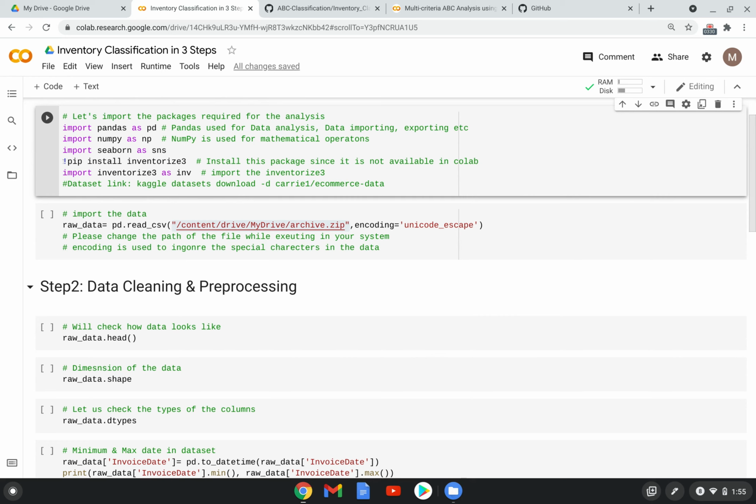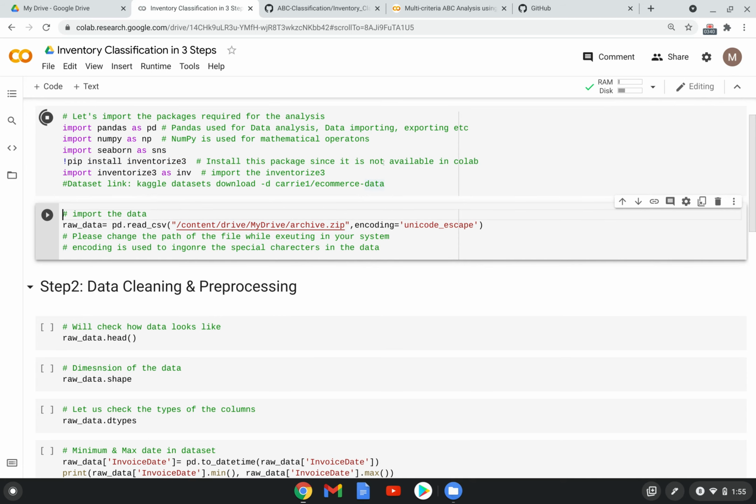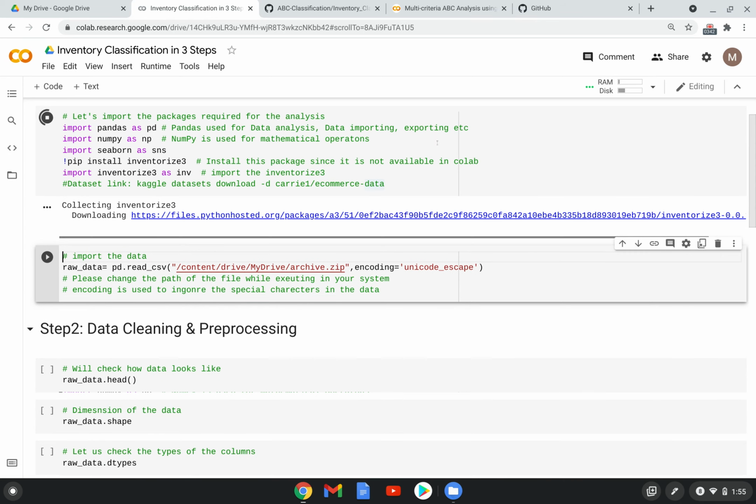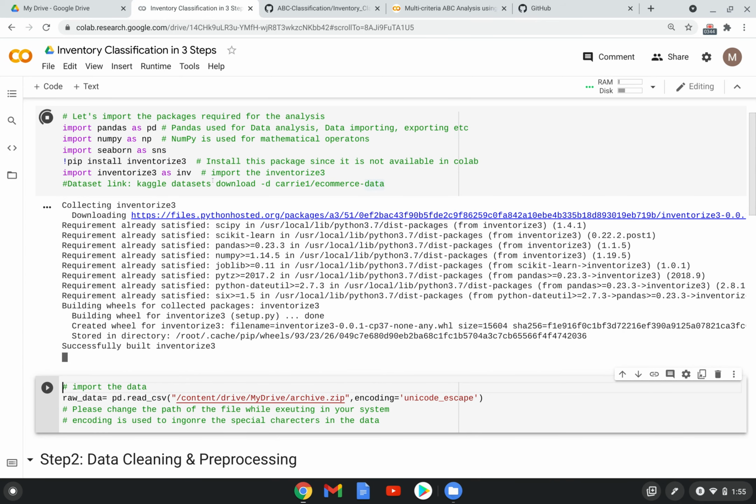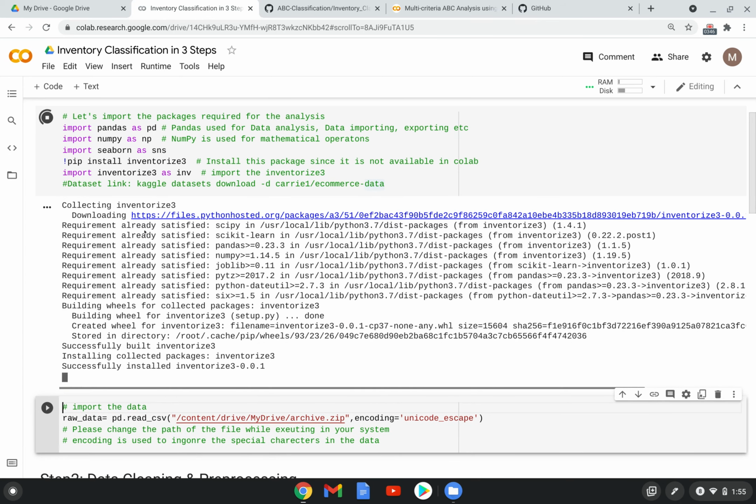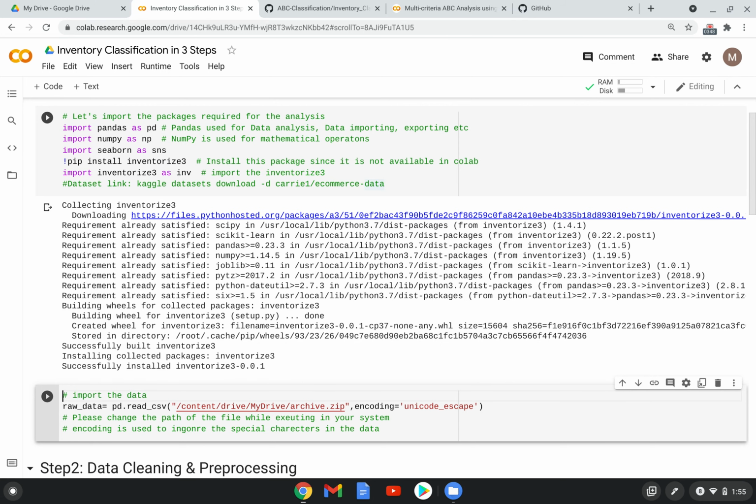We just need to call pip install Inventorize3, then it will get successfully installed. Then you can call that package. So let's just run that. In my case, I have already installed Inventorize3. That's the reason it is showing requirement already satisfied for Inventorize3, which is fine.